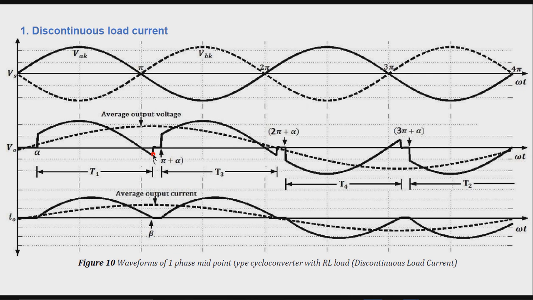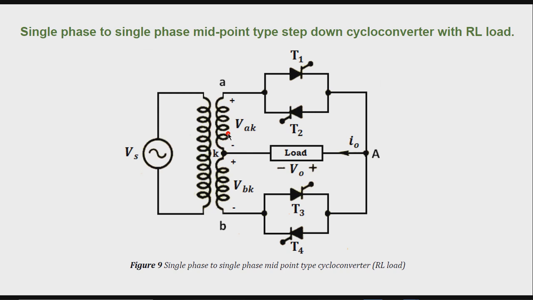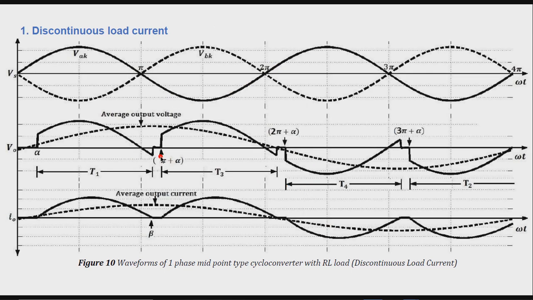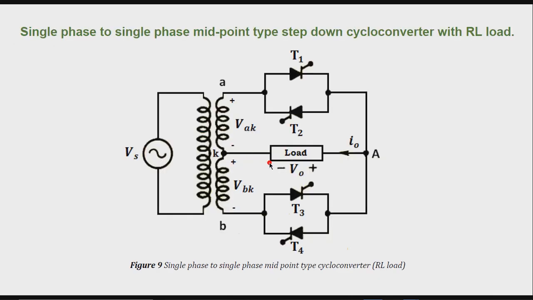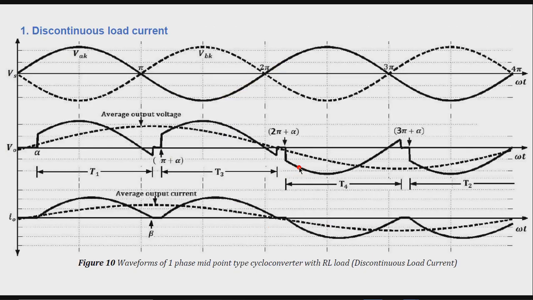After the positive half cycle, B is positive with respect to A. Now forward biased thyristor T3 is triggered at omega t is equal to pi plus alpha. With this, the load current is again positive from A to K. When T3 is triggered, the current flows in this direction. So we can see the load voltage is positive and the load current is also positive. The load current is again positive from A to K and builds up from 0 as shown in this waveform.